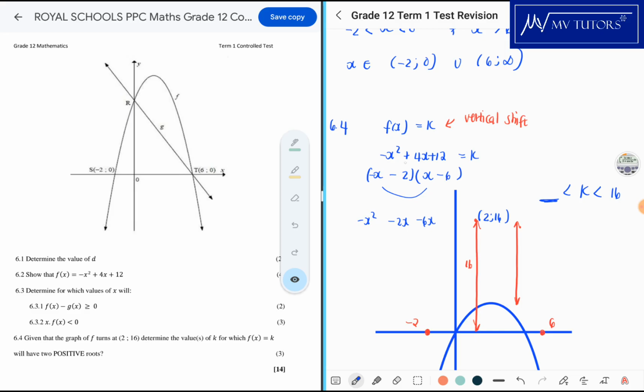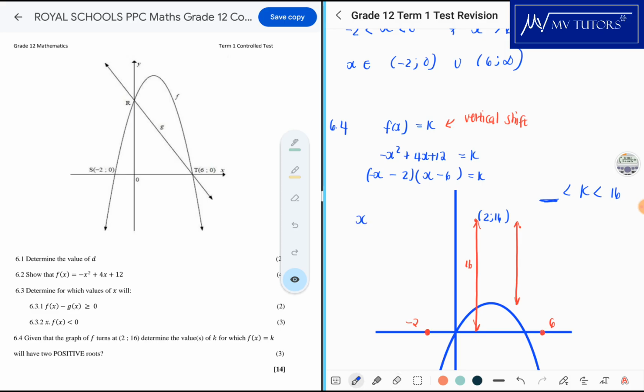Okay, so we have negative x squared, negative 2x, positive 6x, and positive 12. Alright, so we are cool. That is how we're going to factorize over there. And all of that is equal to k. Hence we have our roots there, where x is equal to negative 2 and x is equal to 6. But if I take 12 away, such that we have x squared,